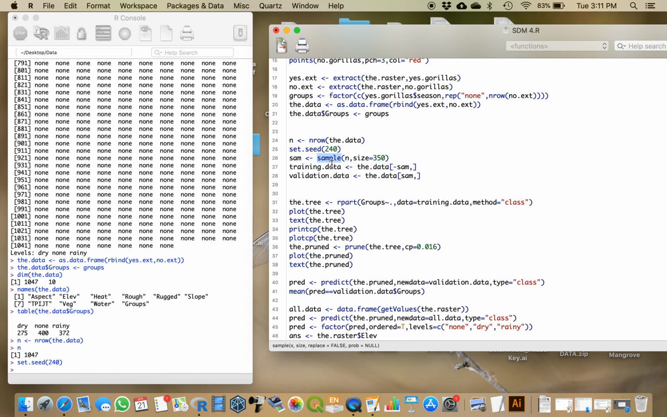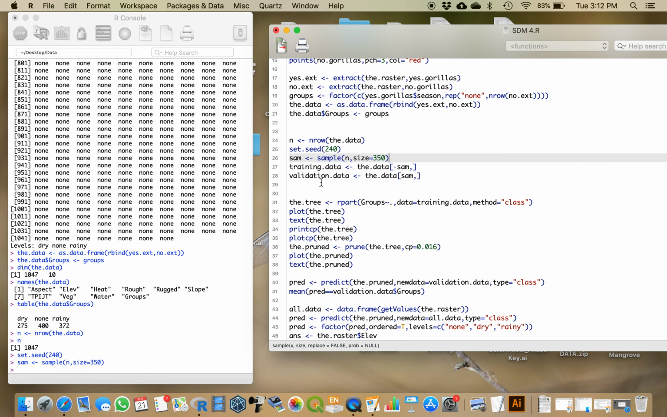Then I'm going to use the sample command to say from 1 to 1047, randomly select 350 numbers. And so then I'm going to use those down here to say my training data are those not included in that list of 350, but my validation data are those that are included in the